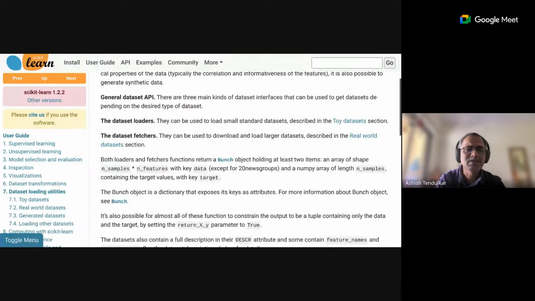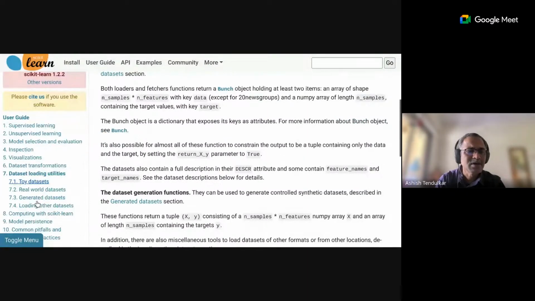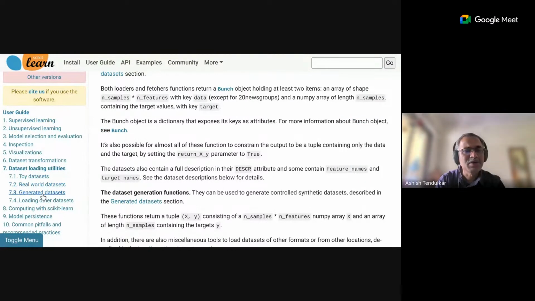So you can see that there are some general datasets that sklearn has. There are some toy datasets, and some real-world datasets. Then you can also generate datasets. I told you that we can also generate synthetic datasets. And sklearn also has the facility to load other datasets, such as datasets from OpenML, or your own dataset in CSV format or in a spreadsheet. We'll see how to use this functionality later in the course when we take a deep dive into the dataset API. The goal of this Colab demonstration is to load some datasets and explore them,